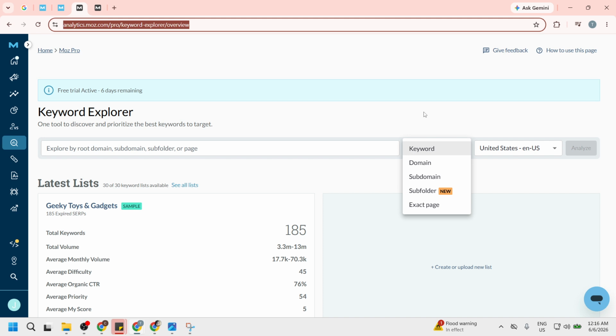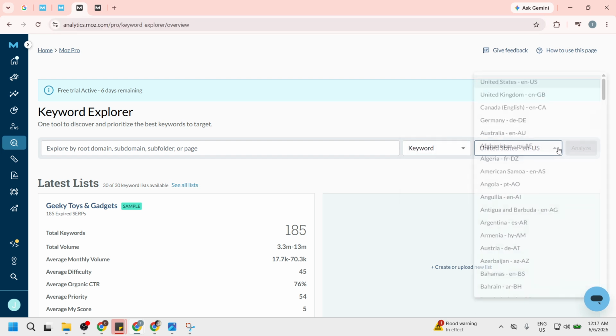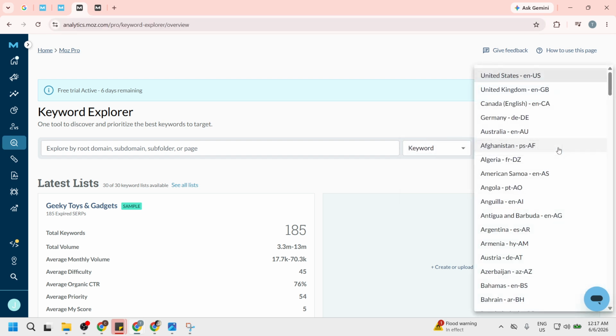searching around that topic. If you choose to explore by site instead, paste in a direct competitor's URL. This method is especially useful when you want to uncover the exact keywords another site is already ranking for on Google. It can save time and give you a clearer picture of the terms that are already driving visibility in your industry. Next, select your target country and language. This matters because search behavior can vary significantly depending on location and audience. After choosing the correct settings, click Analyze.